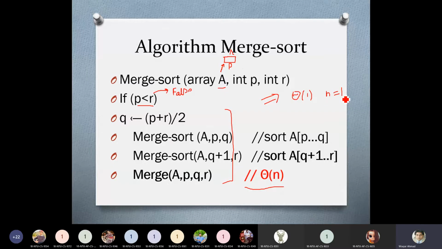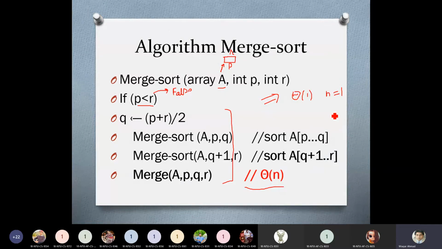No statement, no recursive statement, no merge activity, no statement of this algorithm will be executed. And in that situation, the time of the algorithm is equal to θ(1), or constant time. This will occur when the size of the array is equal to 1, or n is equal to 1.